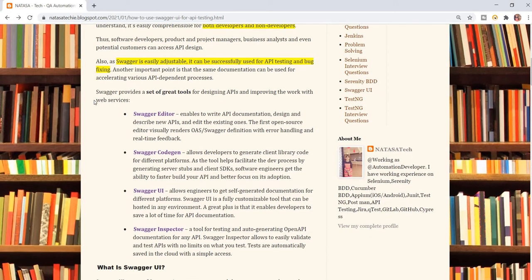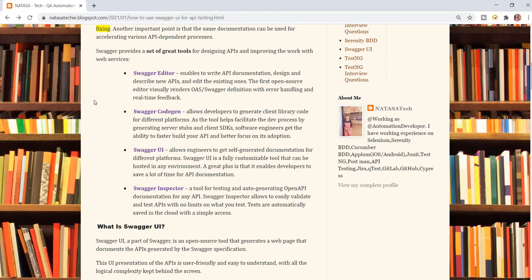And Swagger UI allows engineers to get self-generated documentation for different platforms. UI means user interface. What are the pages seen by a user or customer? Amazon.com, right? You order and place an order for some specific product.